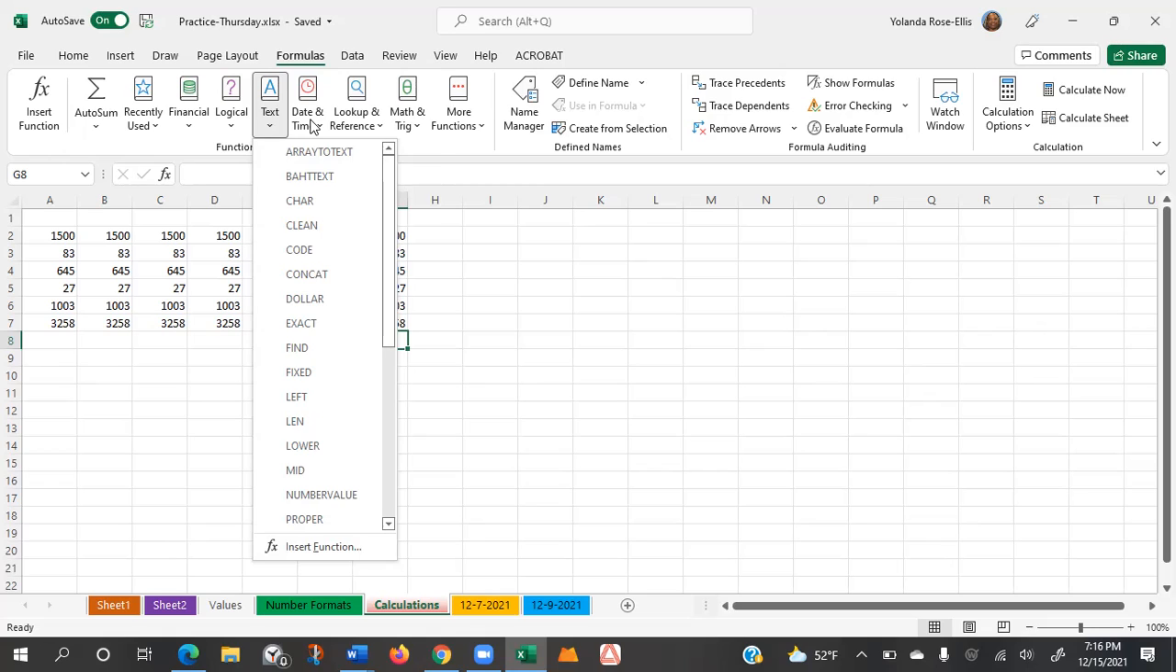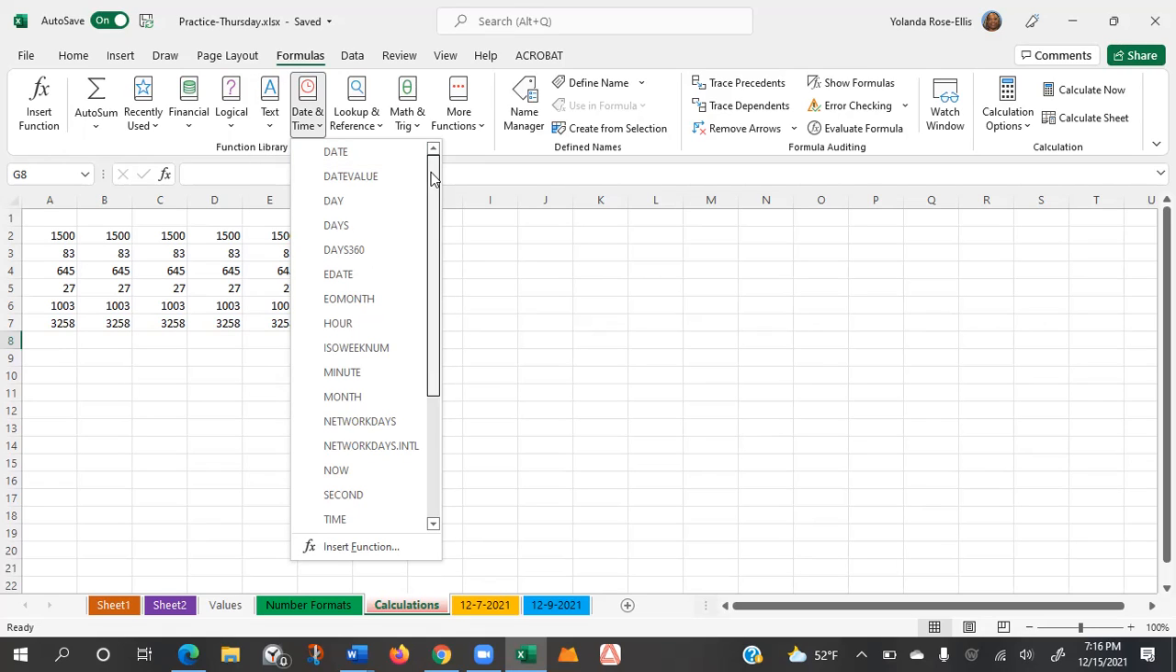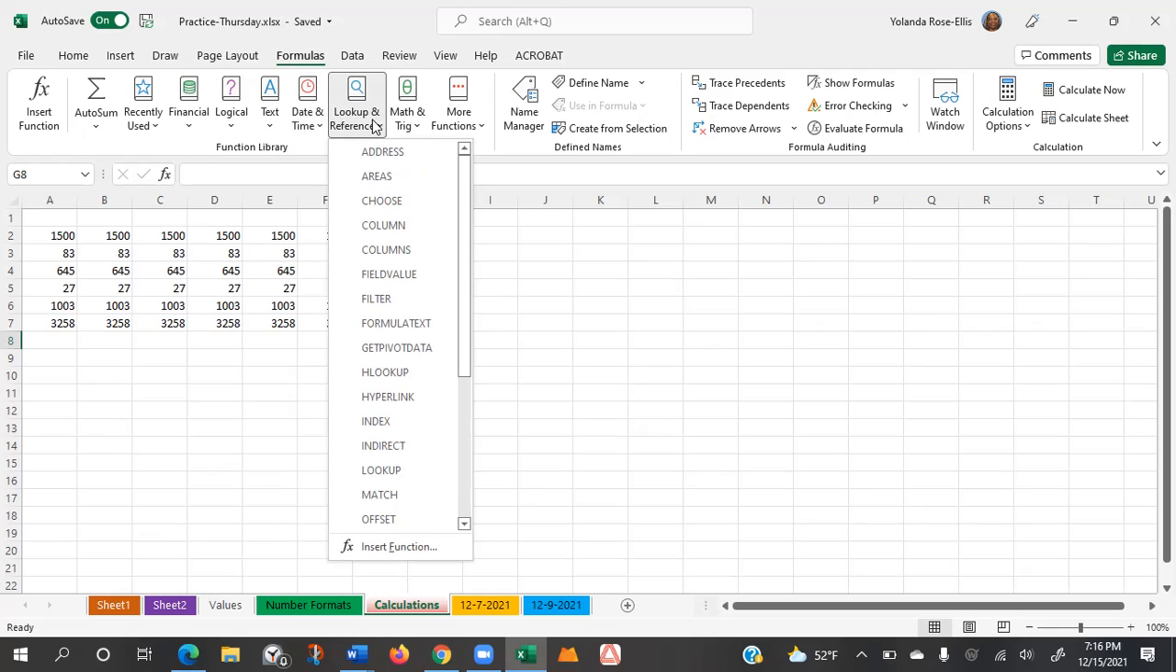We have date and time functions. We have lookup and reference. You do use this a lot in the office. You have to find things. And then we have math and trig,